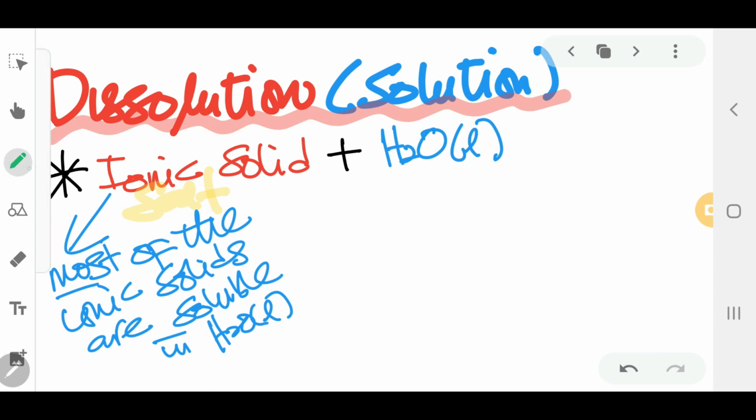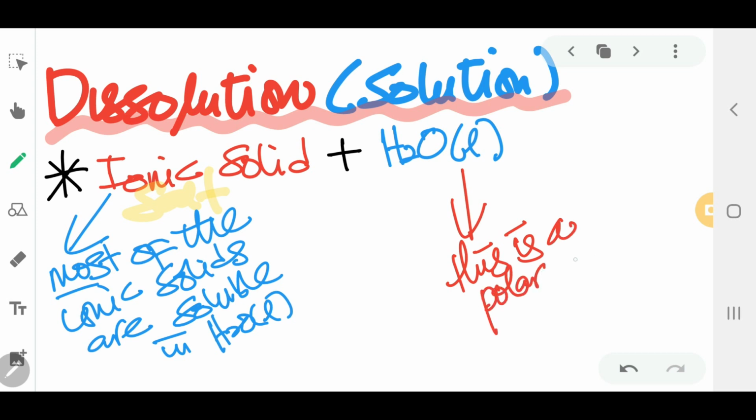And the reason is that H2O, like I have mentioned just now, is a polar molecule. And the ions in the ionic solids can be separated from each other and converted to ions, like what